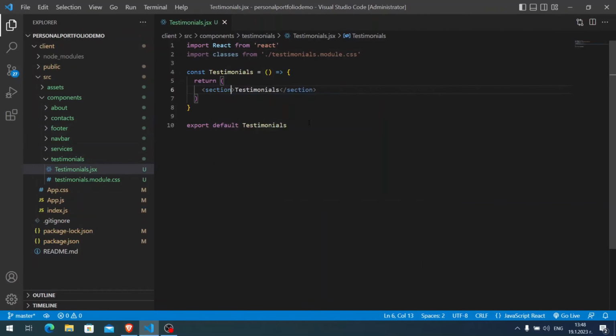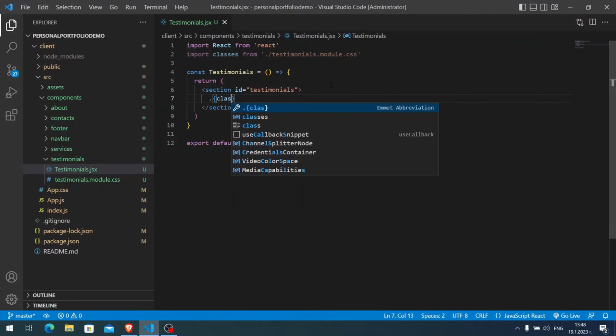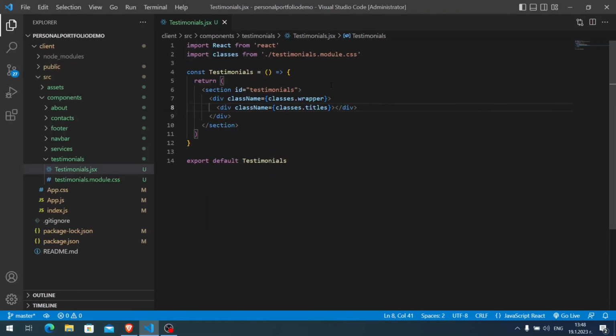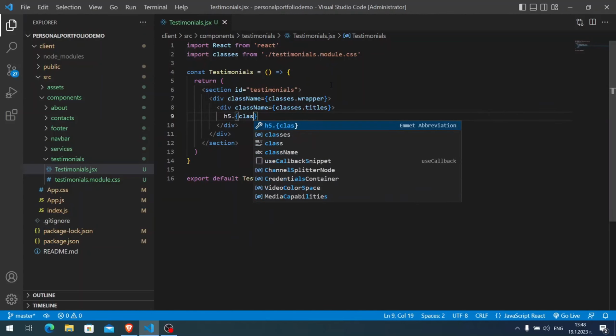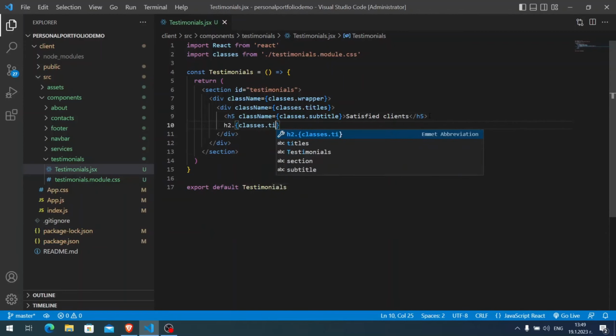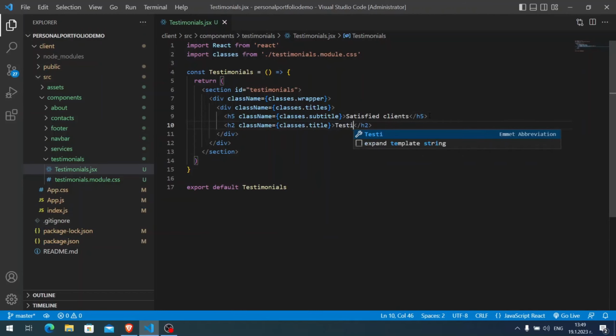So again, a section with the ID of testimonials. Let me remove this. Oops. And here we have classes.wrapper. Again, classes.titles. Inside the titles div, we are going to have again an h5 with the class name of subtitle, and the text of the subtitle is satisfied clients. And below we have the h2, so h2 classes.title, with testimonials. Below here we have